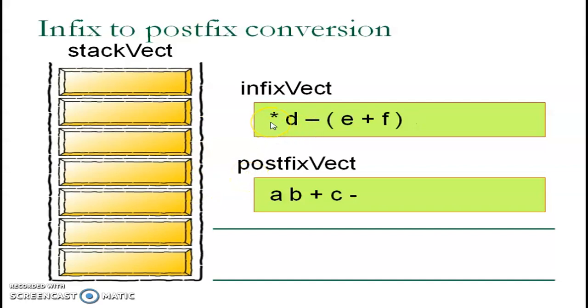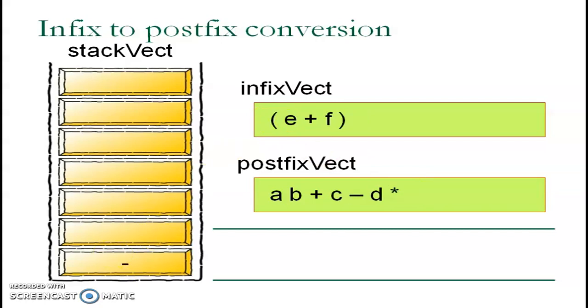Now the next symbol is multiplication, which is an operator, and goes into the operator stack. d is the operand, it must go to the postfix string. The next symbol is minus. See here, minus is having lower precedence than multiplication, the topmost element of the stack. So I cannot put minus over multiplication. I cannot put any lower precedence operator on a higher precedence operator. In that scenario, what we can do is pop the higher precedence operator from the stack to the postfix string and then push this minus into the stack like this.